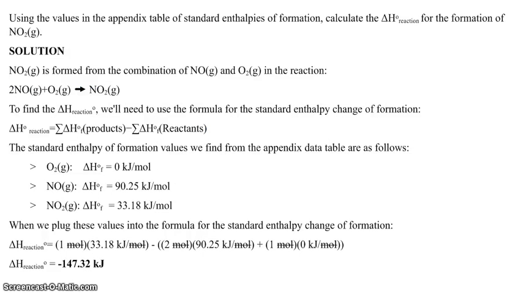Here's an example of a problem of how we could use standard enthalpies of formation to calculate the standard enthalpy of a reaction. So we're going to try and figure out how much energy is released in the formation of nitrogen dioxide. Nitrogen dioxide is formed from the combination of nitrogen monoxide and oxygen gas. Here's the balanced chemical equation. Using values found in the appendix of the book starting on page A18, you'll find these values for the reactants and products,